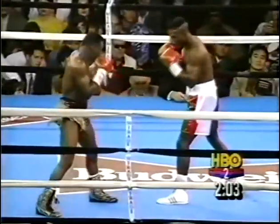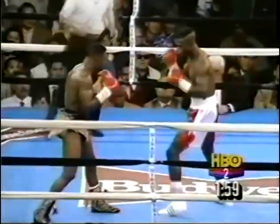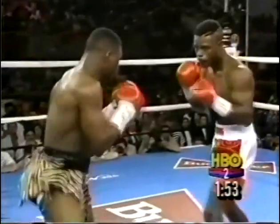But that is blood, I believe, now coming from Taylor's mouth already. Hard to tell, but it might be. Recall that he bled from the mouth throughout the Chavez bout. It's one of the things that sent him to the hospital afterwards. A lot of times the mouthpieces are...